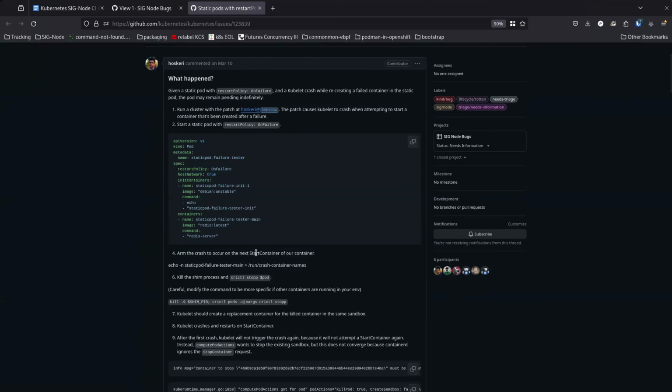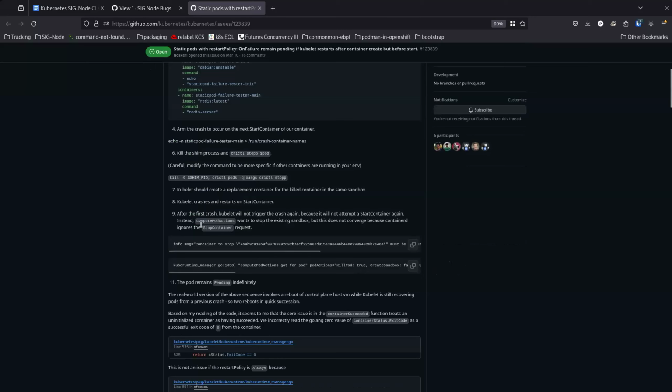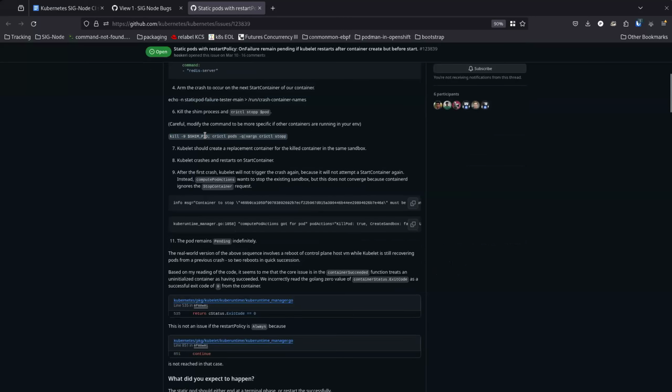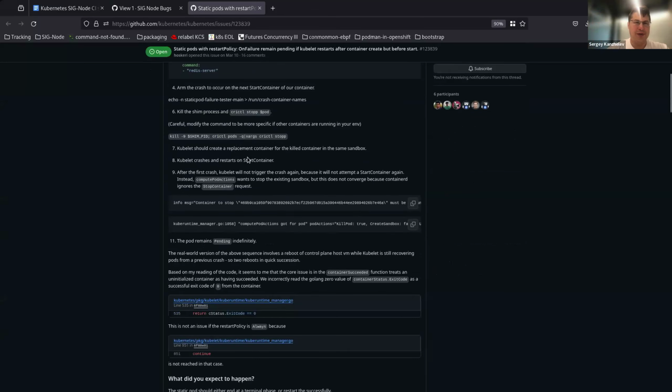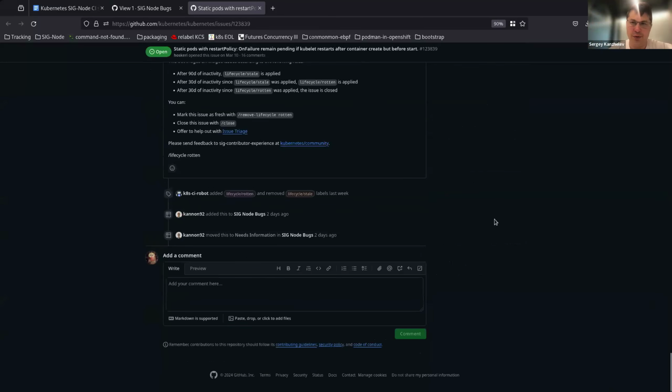Yeah, this is kind of a wonky case generally, because they kill the shim of the container. It doesn't really matter to me how they kill the container and how they get to the state. But ultimately all static pods need to be restart always.